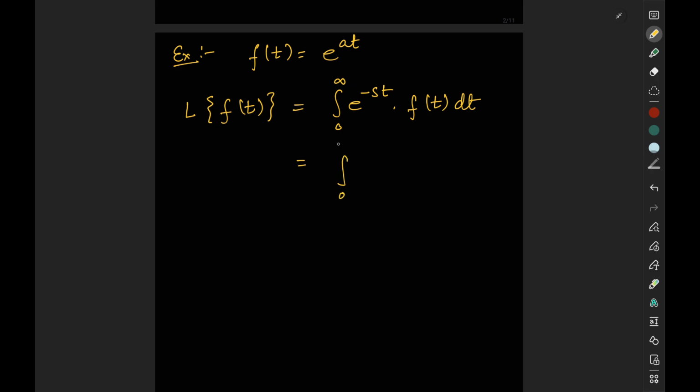This will become the integration from 0 to infinity of e to the power minus st into e to the power at dt. We can write this term as e to the power minus (s minus a)t dt,